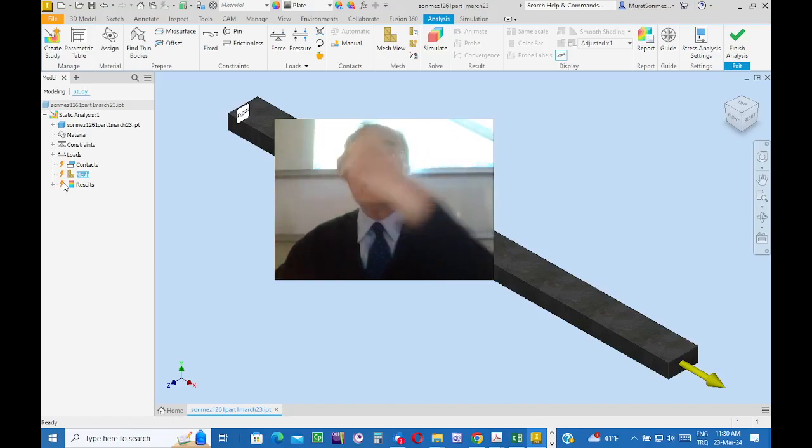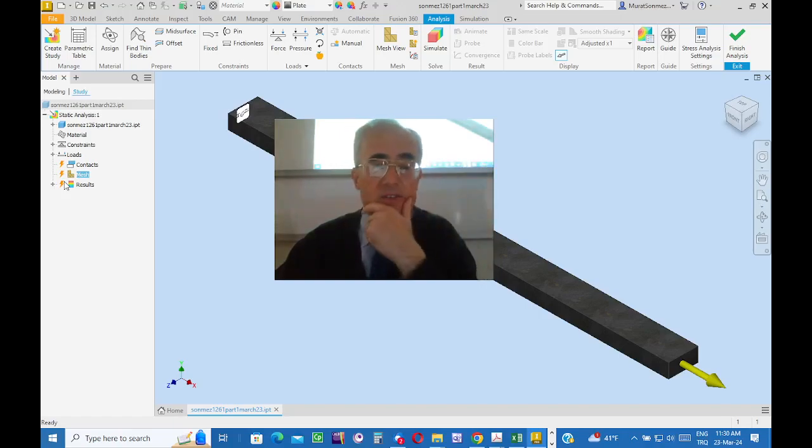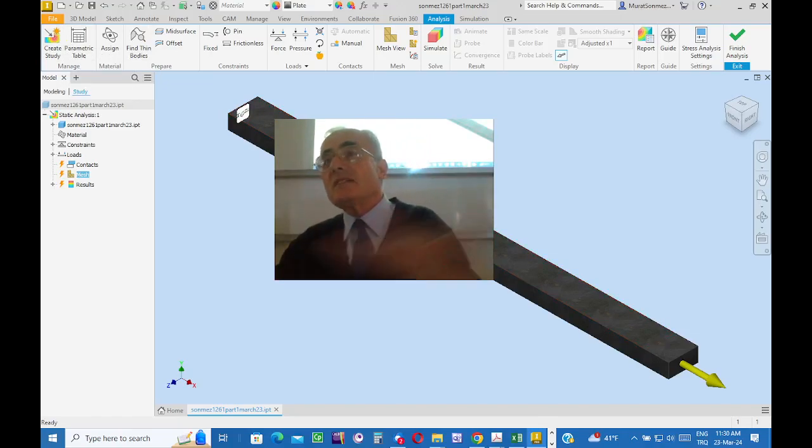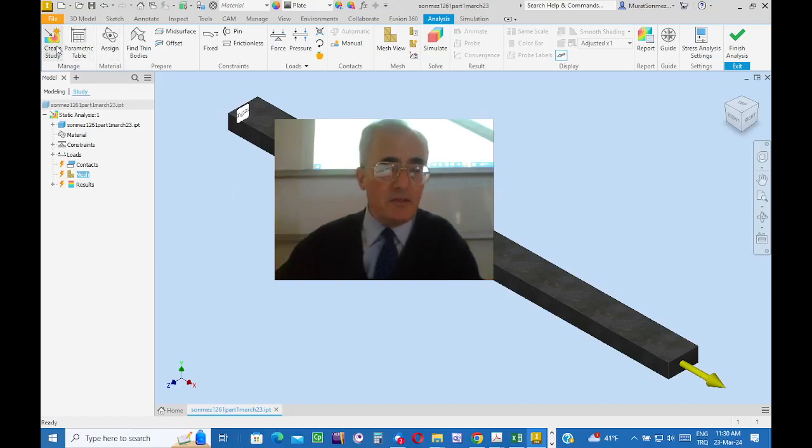Inventor will friendly notify the user that the already output values are not valid and must be up to date. But I want to keep the already created output ones in the memory associated with this body, and study a different problem. The object is the same, but the problem is not the same. We have different boundary conditions. So, for saving time and effort, instead of starting from the sketching stage, first creating the model and then dealing with the rest, no, use